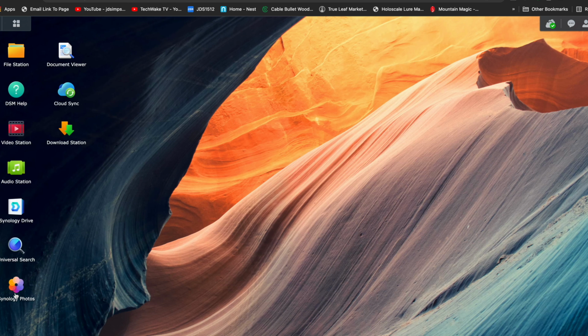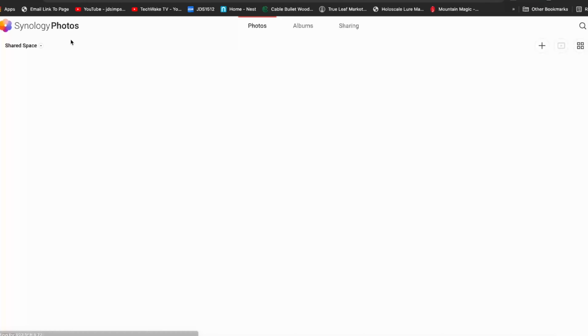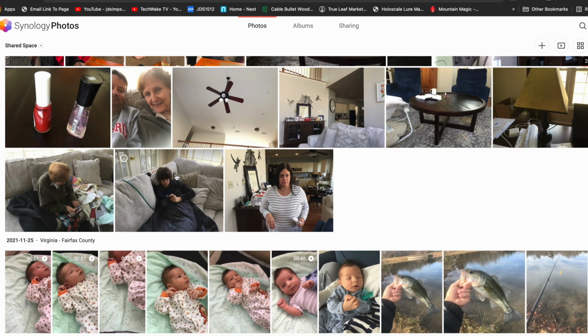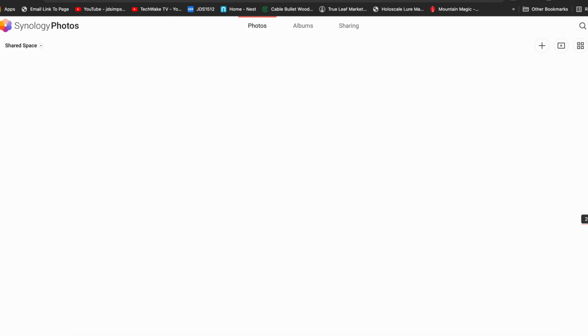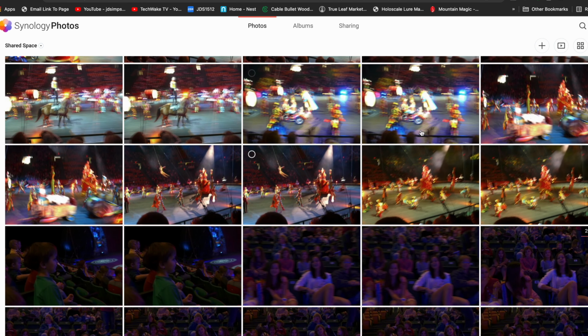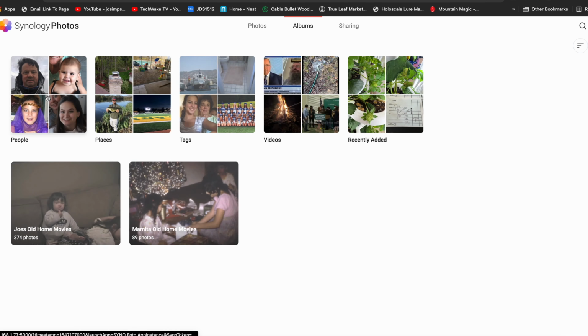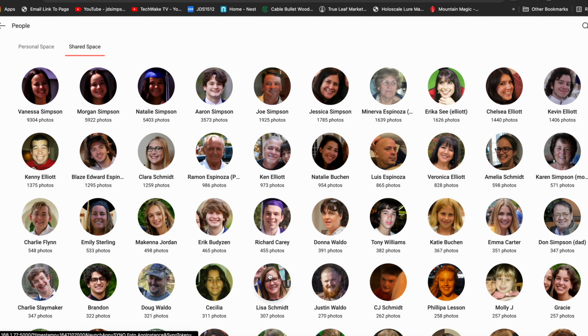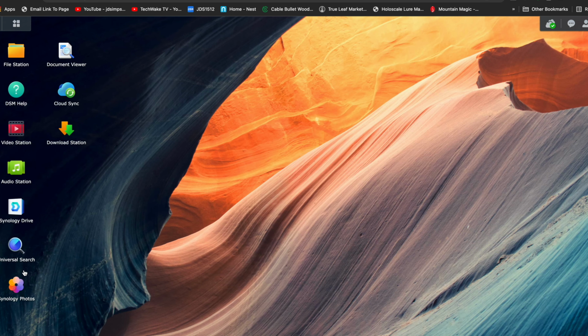The other thing that I really love that I think you guys will really learn to appreciate is the Synology Photos app. And this basically gives you the same feel that you get using, say, Google Photos. You can go back in time, and it does chronological order, and you can find old pictures and old things. You could go to albums. You can look up people and label people. It's really just like Google Photos. It's not quite as good, but it's pretty darn good. So for being in your house in your own NAS, it's a good way to do it.